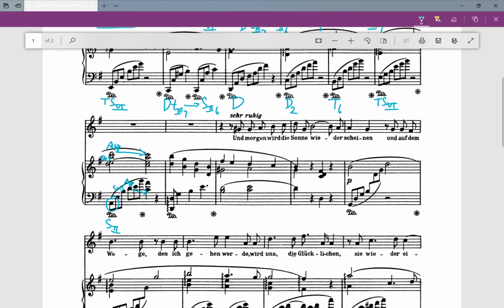Well, we look at the bassline A, D, B. So it's not a smooth bassline, it's not stepwise. So it cannot be auxiliary nor passing 6-4. So it is very likely to be a cadential 6-4, but the chord directly afterward is not a